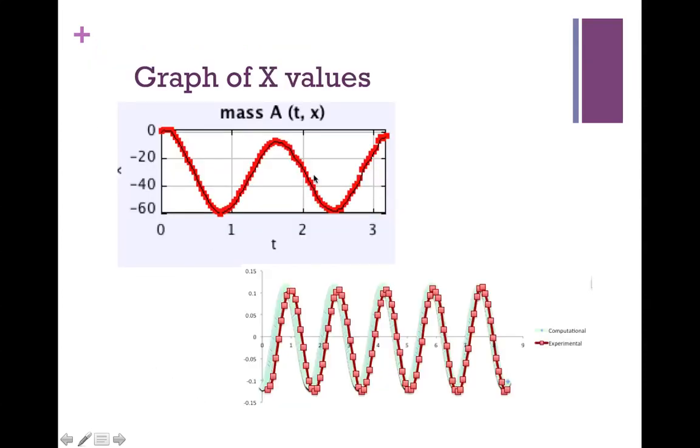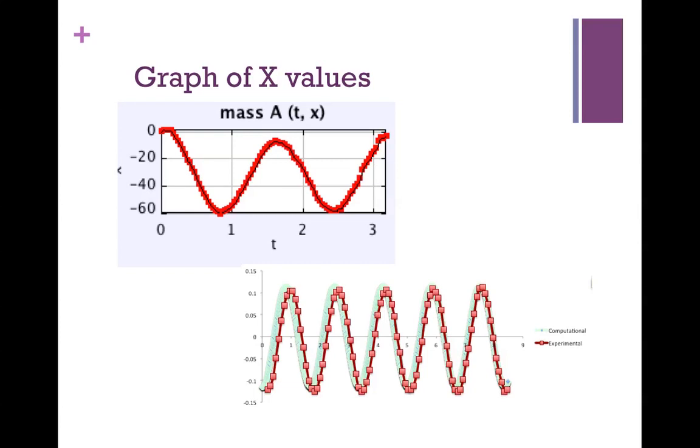These are the graphs of the x values. It's only part of it because there are too many to fit on the entire thing. But this first graph is just the displacement of x against the change in time. And then this graph down here overlays the experimental and computational, and you can see that they have the same amplitude and path. So we can say that the computational model is a good fit for what we saw happen